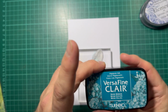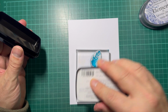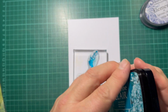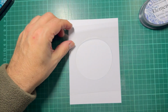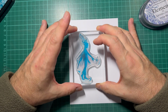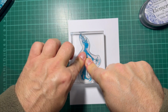So I'm going to use this Versafine Clair ink. So I'm going to just give that a good ink. That is quite a bright colour, but I think it could be quite good for a kind of icy winter theme. So I need to just work out where I'm going to put this though, because if I want my circle to be roughly in the middle, I need to work out where my wand needs to be. So I think it's going to be about there. Well, it certainly is now. Give that a good press down